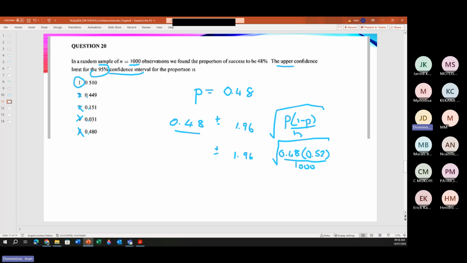So 0.48 times 0.52 divided by 1,000, and then take the square root of that. So I get 0.0158. Okay, so if we multiply that by 1.96,